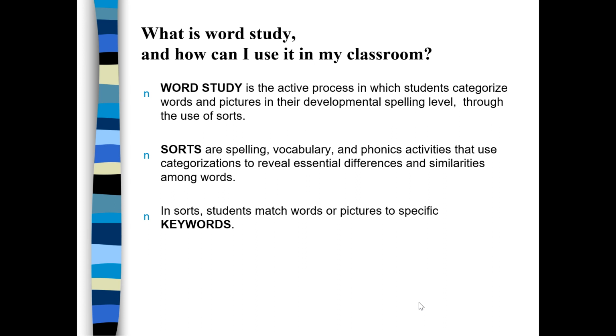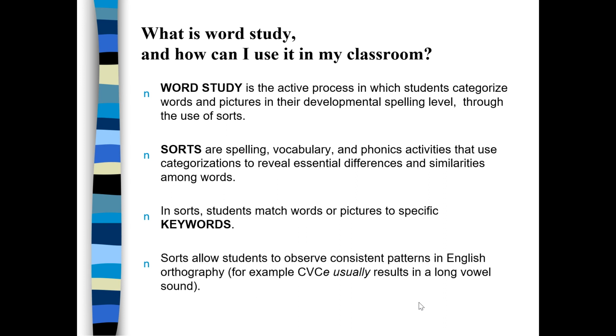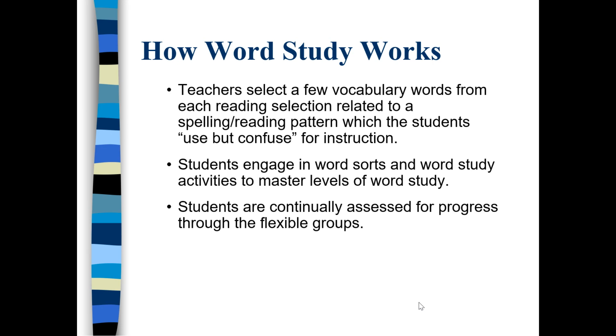In sorts, students match words or pictures to specific keywords, and sorts allow students to observe consistent patterns in English orthography, like the CVCE, that sneaky E rule that we have in English. How do they work? Teachers select a few vocabulary words from each reading selection related to a spelling or reading pattern